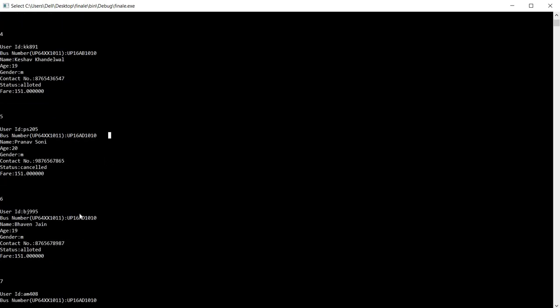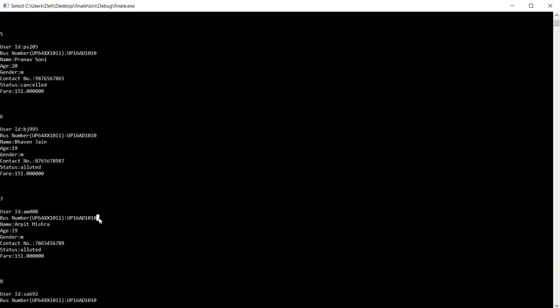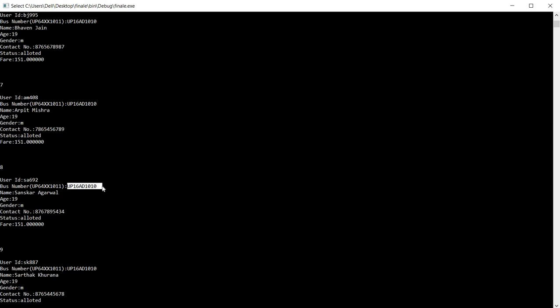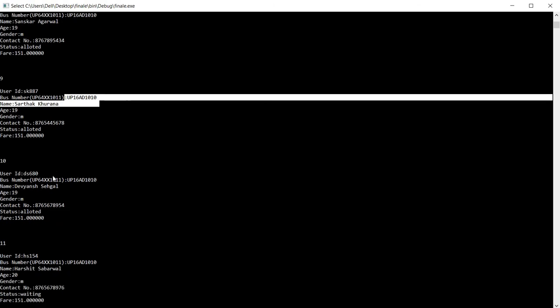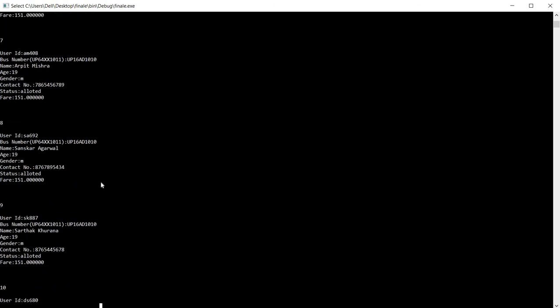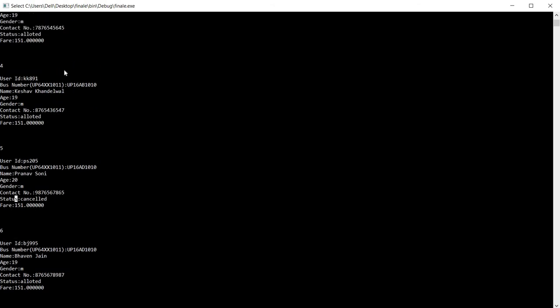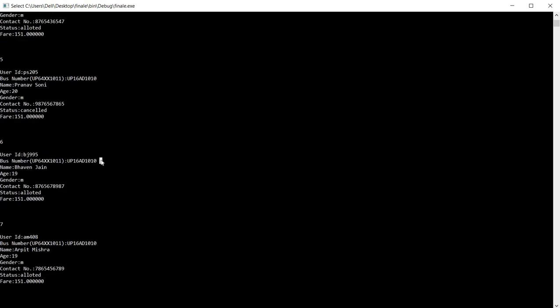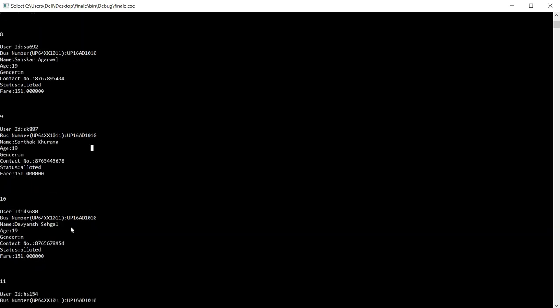So we have 1 person, 2 persons in AD, 3 persons, the 4th person in AD, the 5th person that has been allocated. The 6th person, and here actually 1 person has cancelled his ticket, so it will not be counted. So we have 1 person, 2 persons, the 3rd person, the 4th person who is allocated, the 5th person who has been allocated.